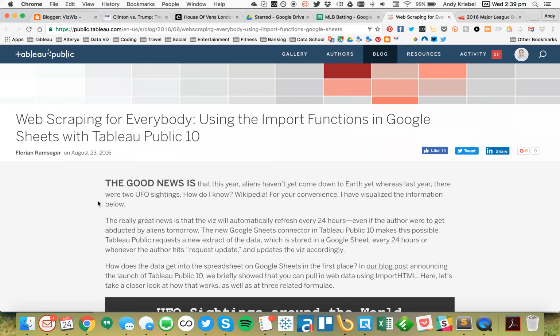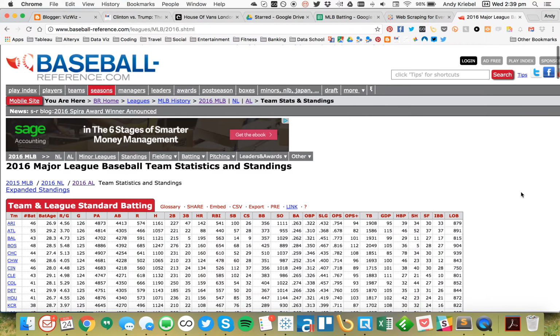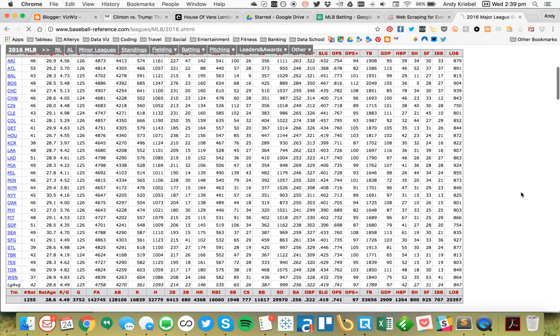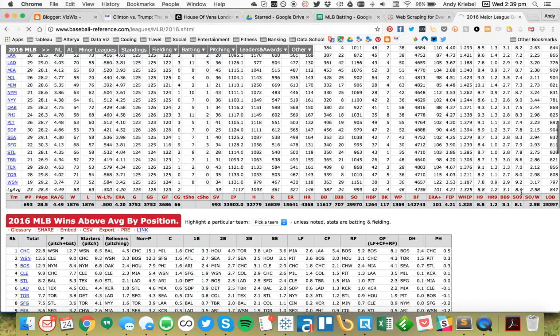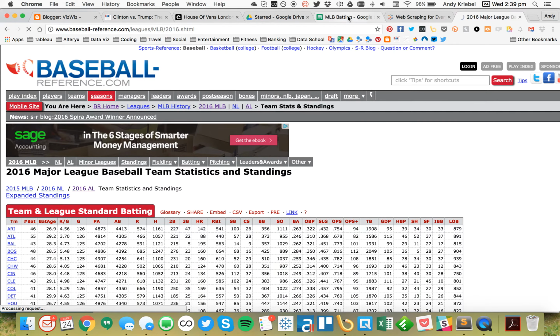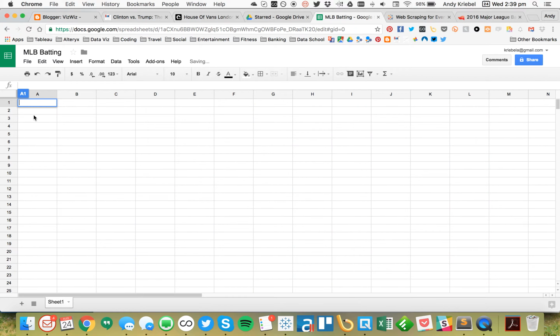To start off with, we need a page that has an HTML table on it. So I went to Baseball Reference, and you see that this page has several tables: one for batting, one for pitching, one for wins above position, etc. So the first thing I'm going to do, let me just go ahead and delete this, is I'm going to